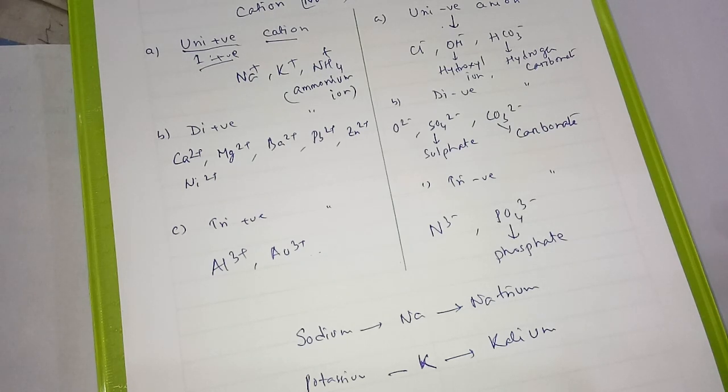So in today's discussion, students, we have learned the names of the first 30 elements. I think as students of science, all of you learned the names of the 30 elements, their electronic configuration, their valency. Then we have learned about ions, positive and negative ions. Then we have talked about some elements' names. For example, sodium, its symbol is Na. Why Na we have talked about: this comes from the Latin word natrium. Potassium is K, comes from the Latin word kalium.